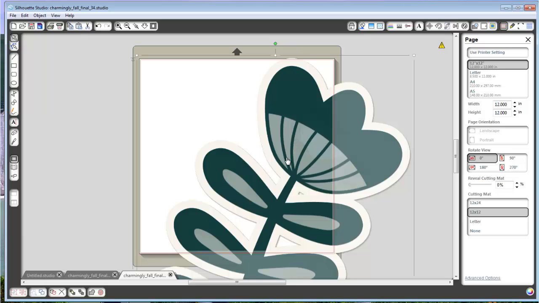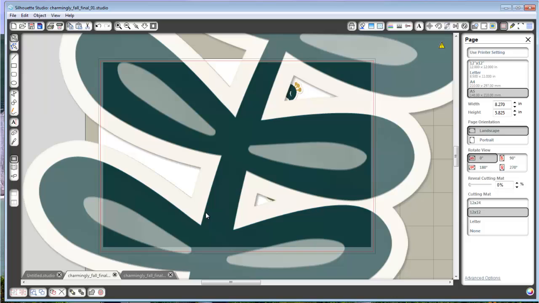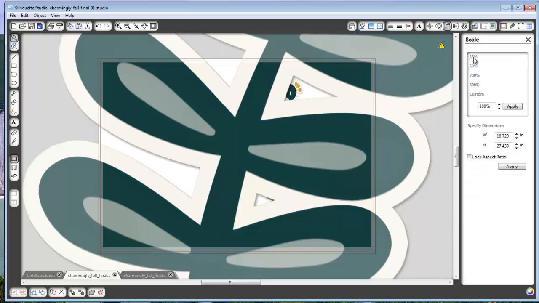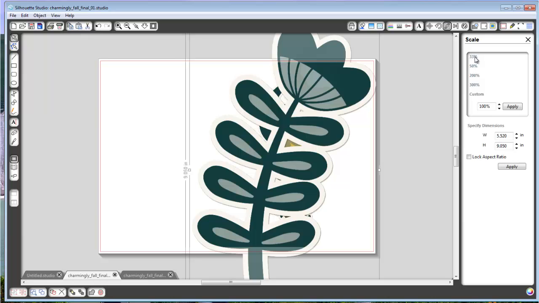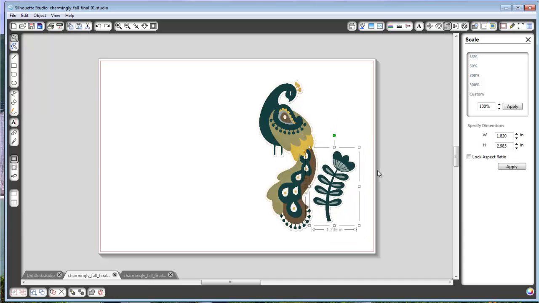I just click the picture, Control C, and then put it back in here, Control V, and make sure that you click the objects again, and we go to the scale page, make it smaller, still too big,